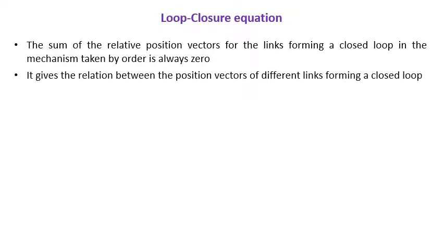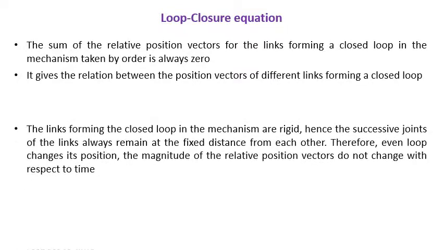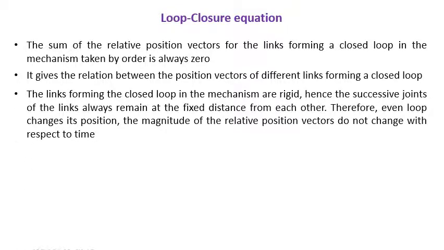So its property is, by using this loop closure equation, we can find the position vector of different links. As we mentioned in the 4-bar mechanism, we have 4 different links. By using this loop closure equation, we can find the relation between the position vectors of different links. And the third one is, in the 4-bar mechanism,